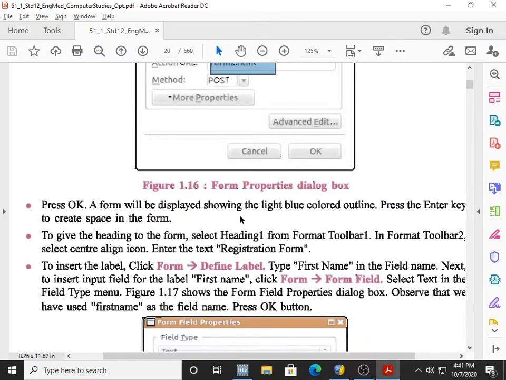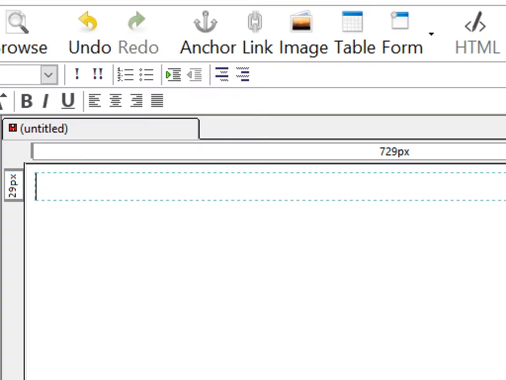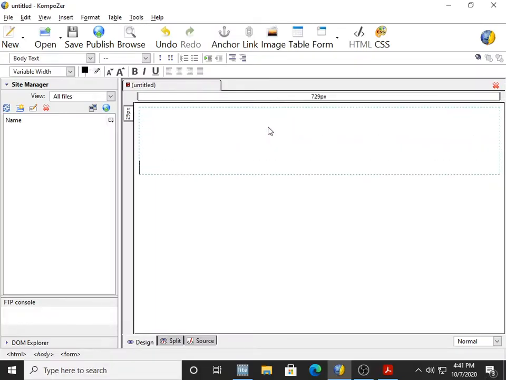A form will be displayed showing the light blue colored outline, and press the Enter key to create space in the form. This part can be asked in the exam: light blue colored outline. Please mark that. I click on OK. You can see the light blue dotted outline, and if you press the Enter key, the area increases. All your form related creativity has to be expressed in this.